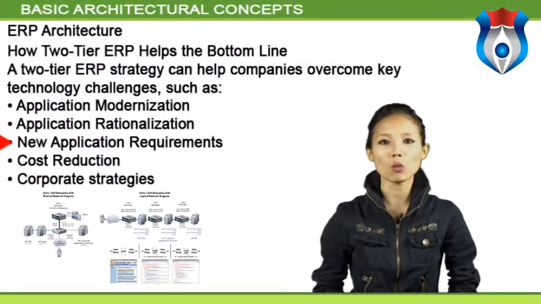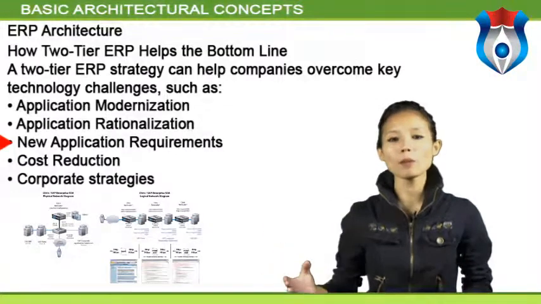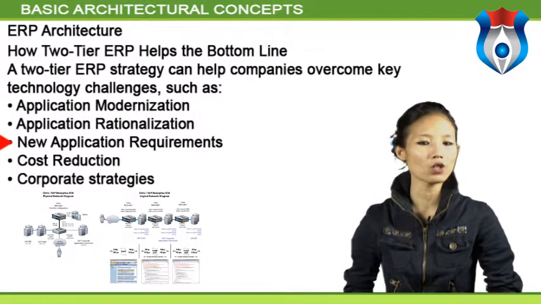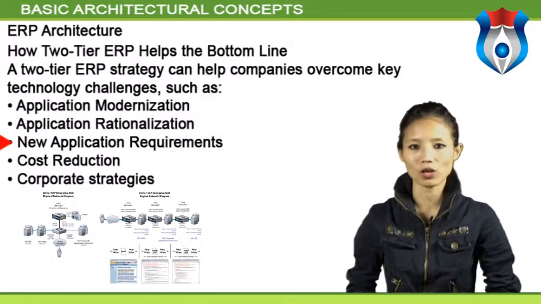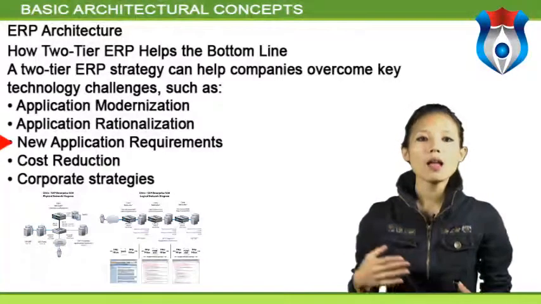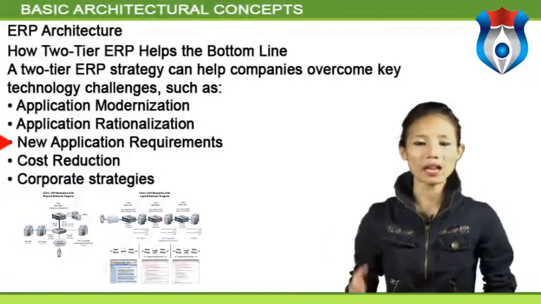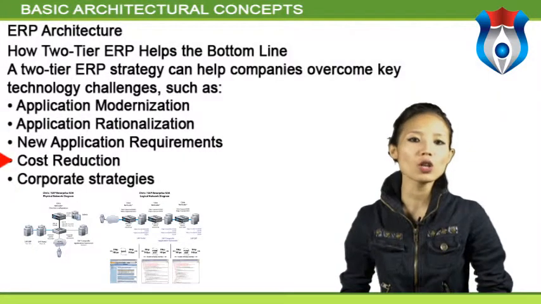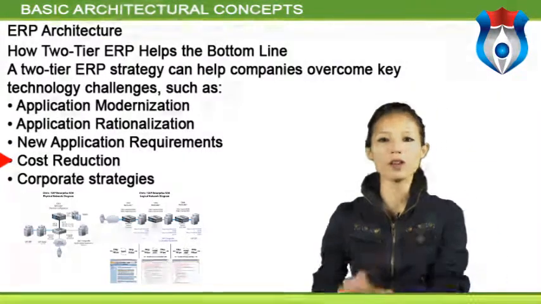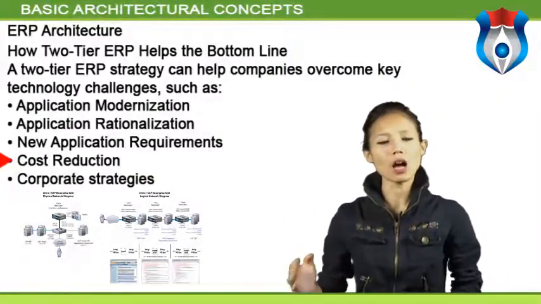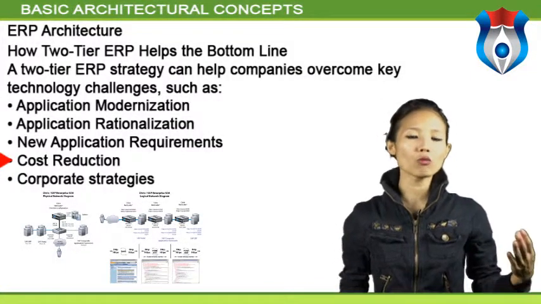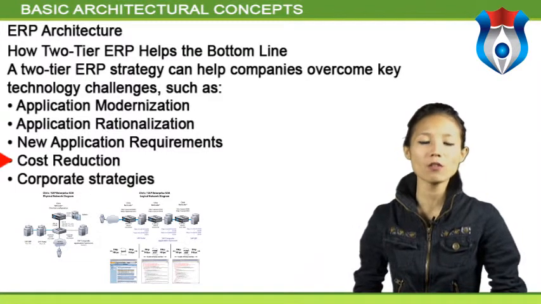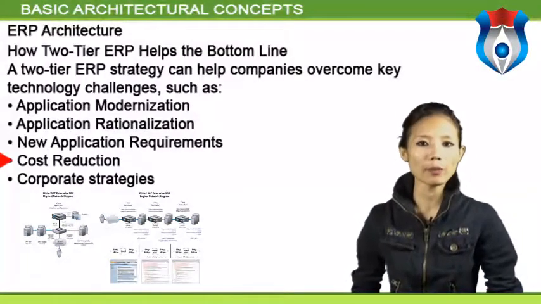New application requirements. Cloud ERP can complement on-premise ERP with next-generation disruptive technologies such as web services and process integration libraries to enable applications that operate anywhere, anytime. Cost reduction. Cloud ERP shifts responsibility from the customer to the vendor for upgrades, patches, and other functions. Cloud ERP also reduces total cost of ownership by eliminating the need to purchase servers, storage, and network capability for